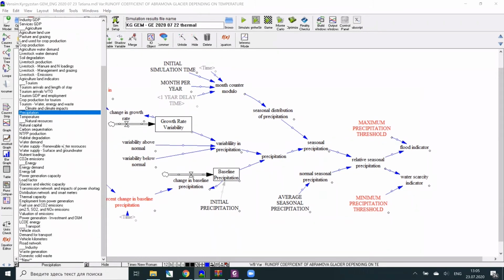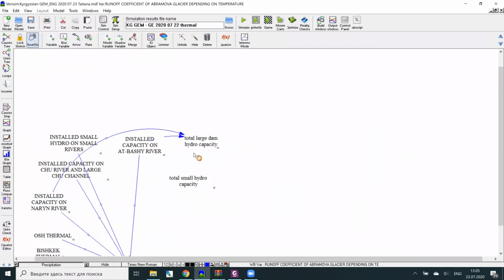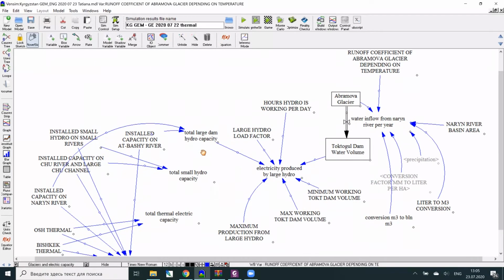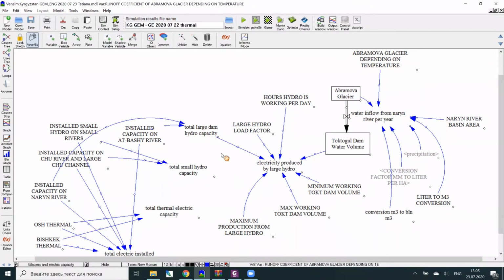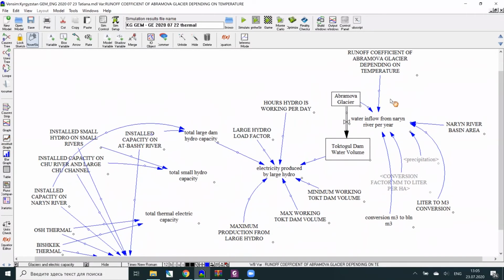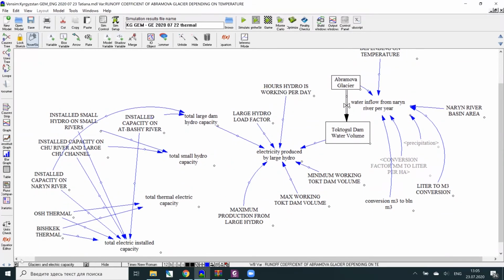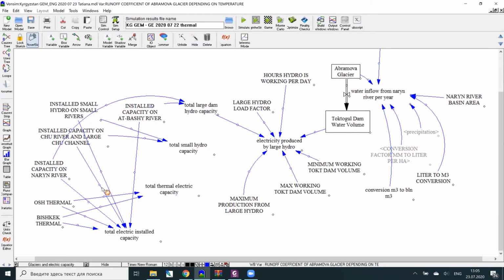So after I sent you the model, I added something, and I again have a unit problem at the moment. So just a second, maybe you can help, because this is something between year and month, and this is related to precipitation. So what I did, I added 2 slides. One is related to glaciers and our hydro capacity here, and here I have the unit problem. So this is new. Here basically we have a structure of our hydro sector, and I wanted to add that